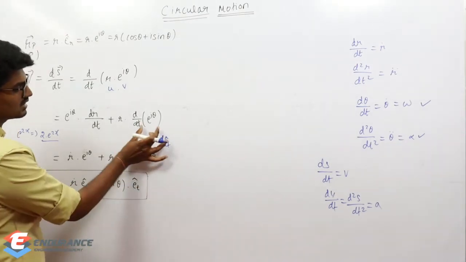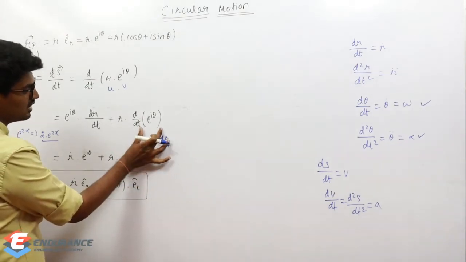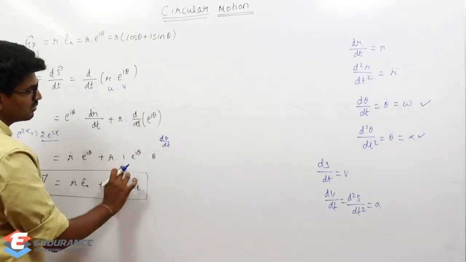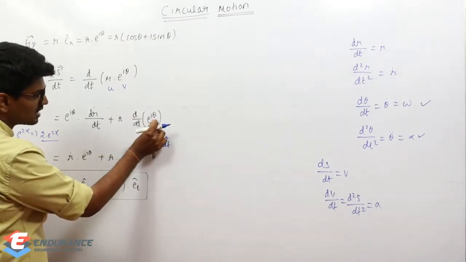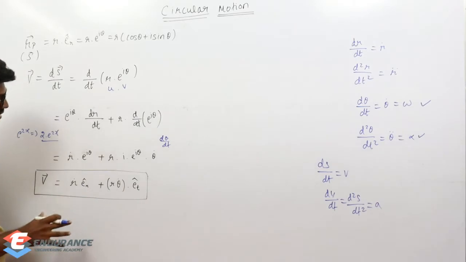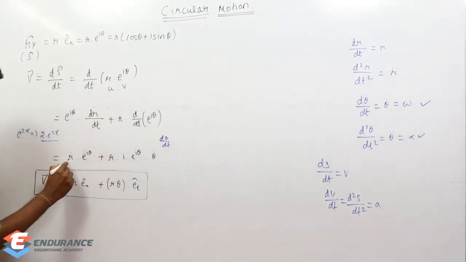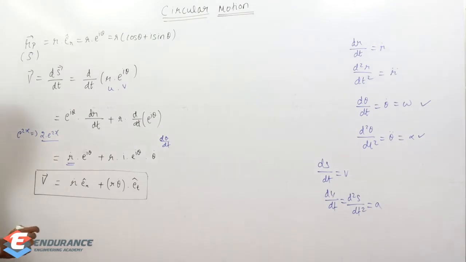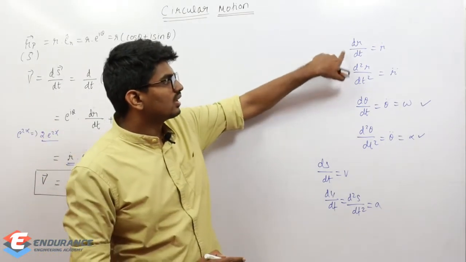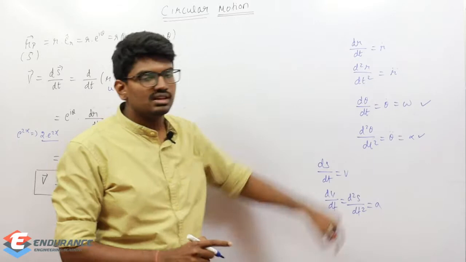Chain rule. First I need to differentiate this totally. If I differentiate this totally, i will come before. Then I need to differentiate this theta, it becomes theta dot. Similarly here, e power i theta was there, dr by dt, I'm going to take it as r dot. Okay, dr by dt, the radial variation with respect to time, that is r dot.